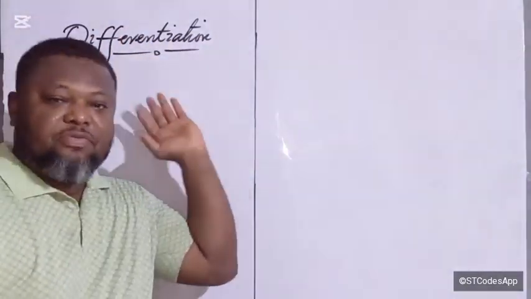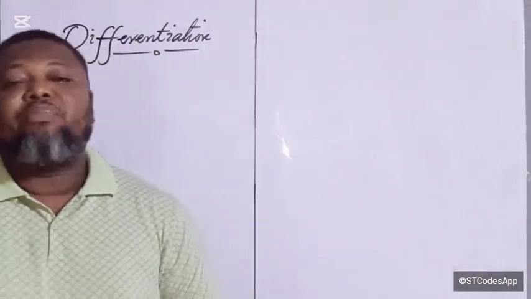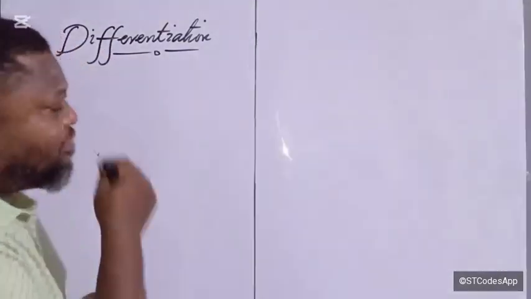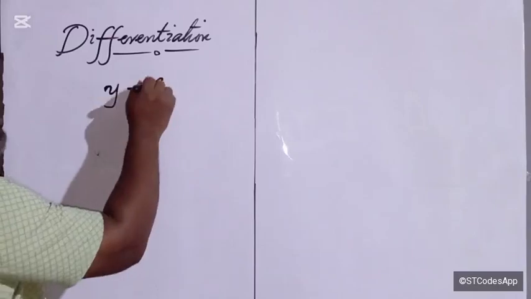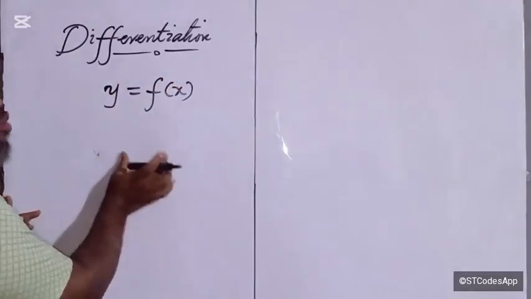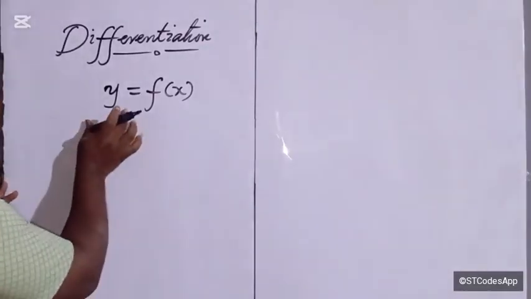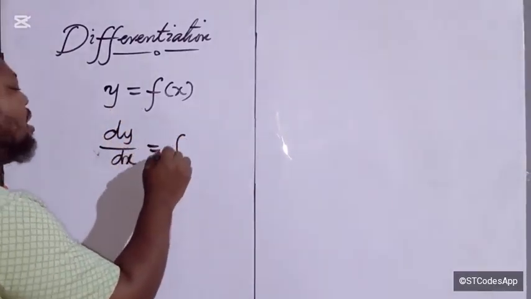So today we'll be discussing what I call differentiation. Now you might ask the question, what is differentiation? Differentiation is comparing variables, the rate of change of variables, or the change of one variable with respect to another variable. For example, if I have y is equal to the function f of x, the change of this variable y with respect to x is what we call differentiation. Now, the derivative of this one, dy/dx, is equal to f prime of